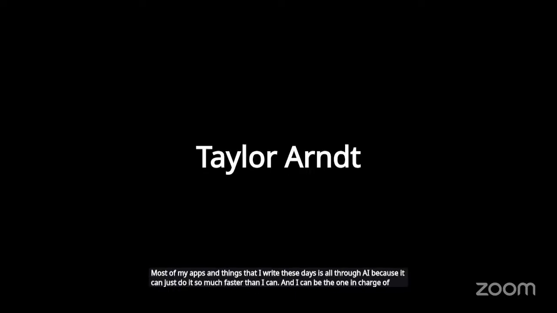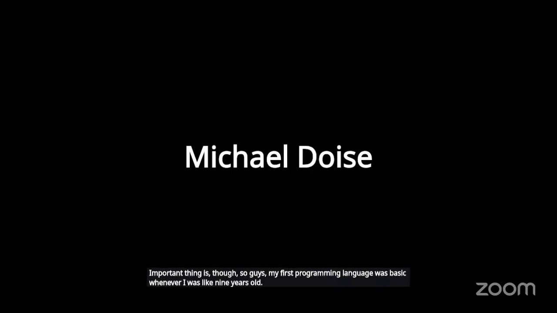Most of my apps and things that I write these days are all through AI because it can just do it so much faster than I can, and I can be the one in charge of the idea. The important thing is, though, my first programming language was BASIC when I was like 9 years old. So I've been doing this for quite a while, but even then, I'm still learning. There's still things that I don't know, and we're all going to be at that point.